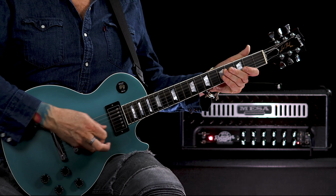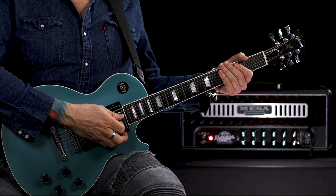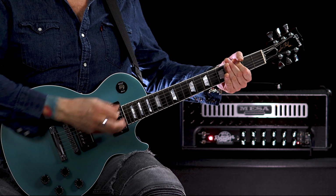In this lesson, we're going to look at a way that we can extend a power chord and utilize a technique that is very much a part of Adam Jones's sound when it comes to his rhythm guitar playing. Now, previously, we learned that we can take our humble drop D power chord and just by applying our first finger,